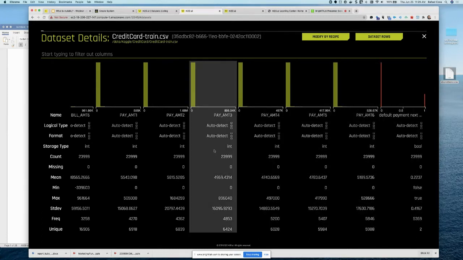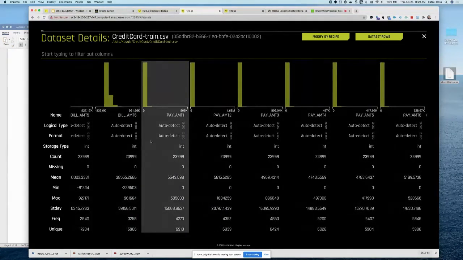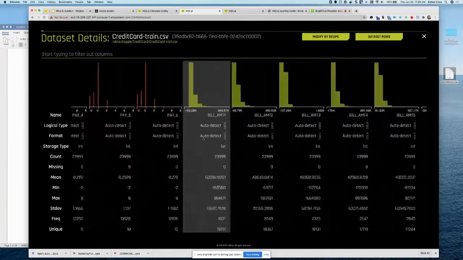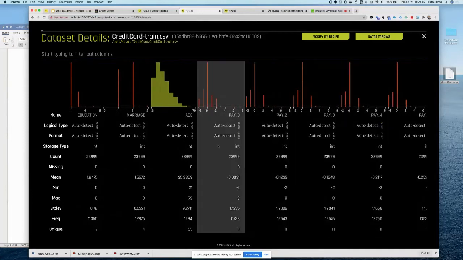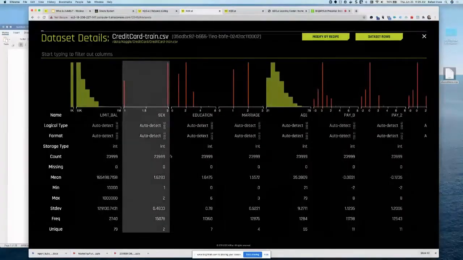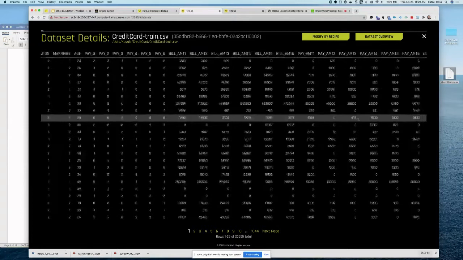And there are a couple of different features that are important. There are these historical lag features: what's your payment amount for the last 6 months? What's your billing amount for the last 6 months? What's your payment history, right? Like, did you make the payment on time, beforehand, late, how late? And then we have some demographic information. We can also quickly get a perspective of what the data looks like, right?